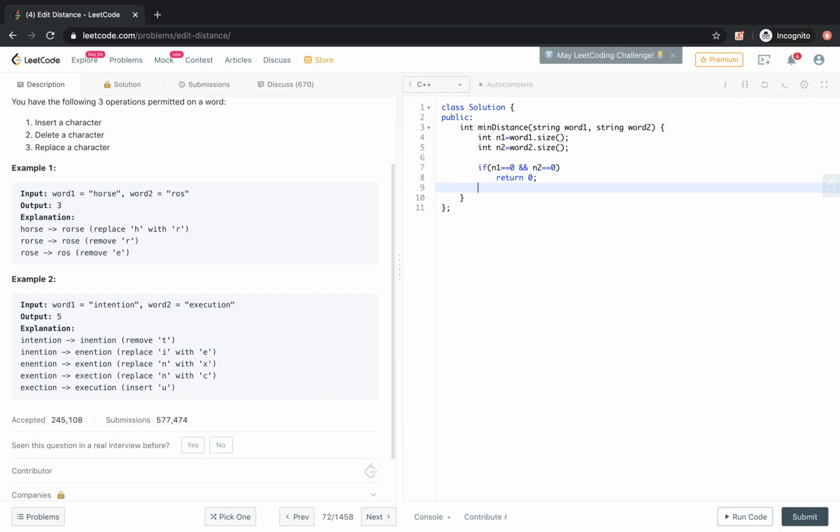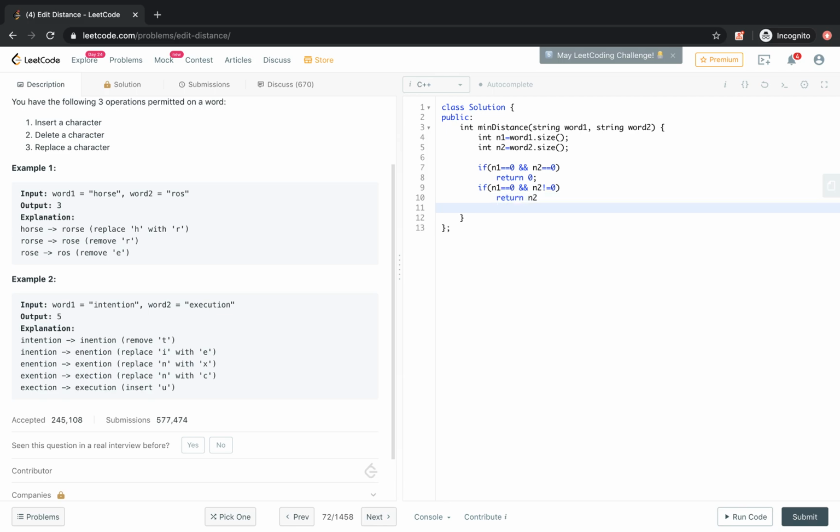Also, if n1 is 0 and n2 is not, it means word 1 is empty and word 2 is there, then we just have to return the length of word 2. So if n1 is equal to 0 and n2 is not equal to 0, then we simply return n2, because we have to add that many characters; n1 is 0, meaning word 1 is null, so we have to add the number of characters present in word 2.